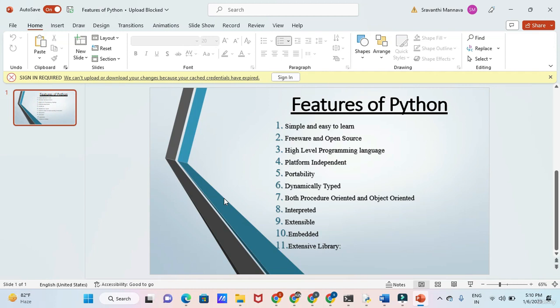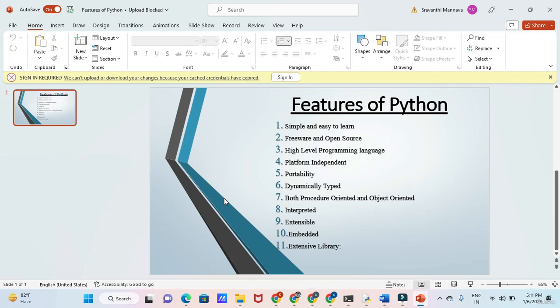Data type will be predicted by the Python interpreter at the time of execution. Being a programmer, we can directly create a variable without focusing on the data type. That's why Python is dynamically typed. Dynamically, Python will calculate the data type and take it automatically. Python is a dynamically typed language because of that reason.